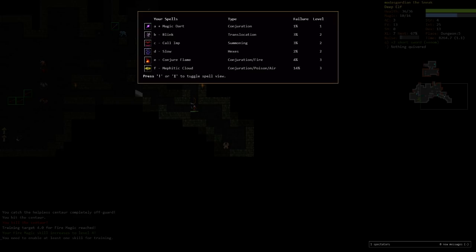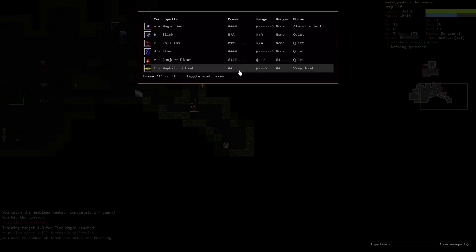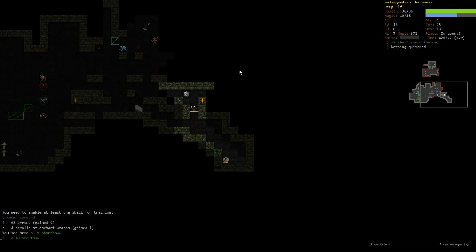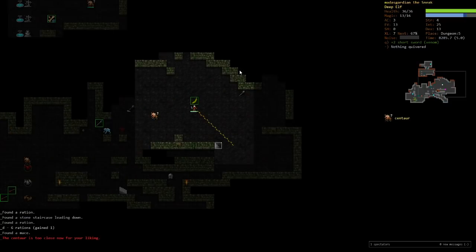Yeah, so let's see our spell. Oh, yeah, we also need to get Mephitic Cloud going. So we'll do Air Magic, Poison Magic. We'll get Air up to 2, and Poison up to 3. And we'll grab this short bow. What the heck? I don't know. So it'll be a while before we...